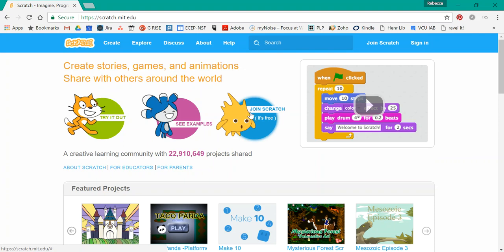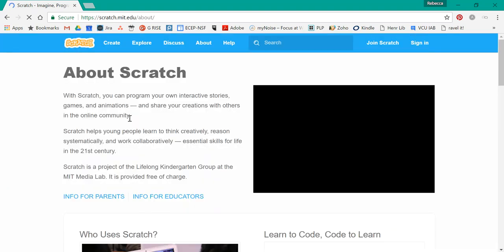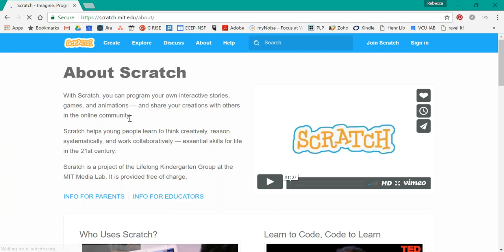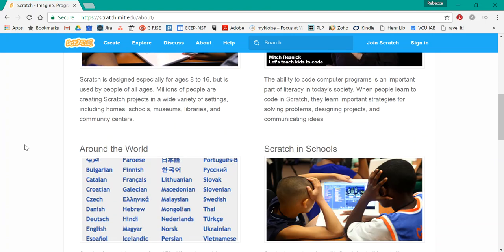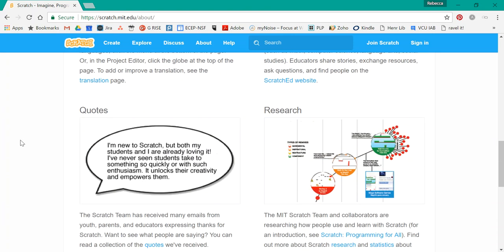So here, the join is where you would create a login. You've got lots and lots of examples. And then we've got a couple different pieces here. So About Scratch is just about sort of the background, where it comes from, who's editing it, things like that, a couple TED Talks. So if you're just curious about the Scratch interface and who's using it,